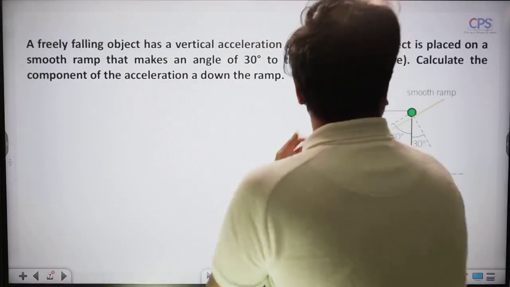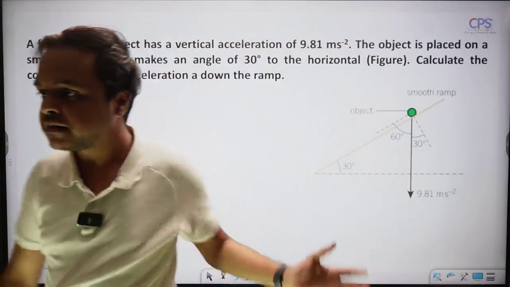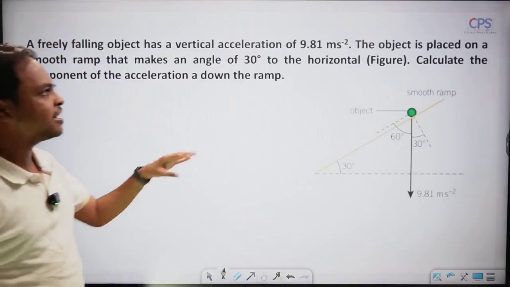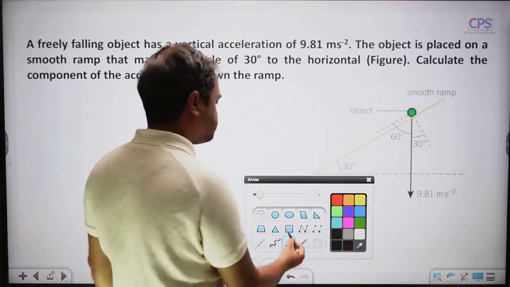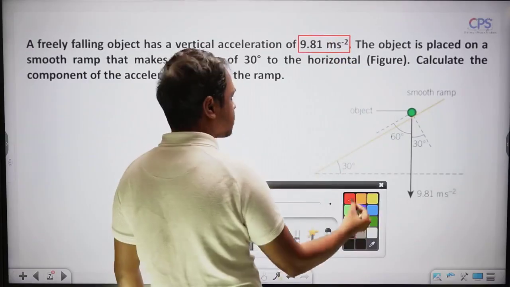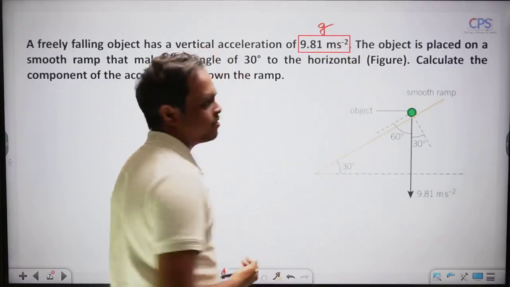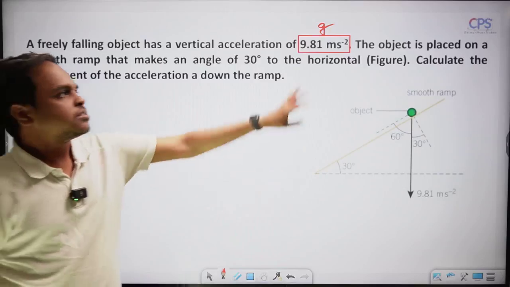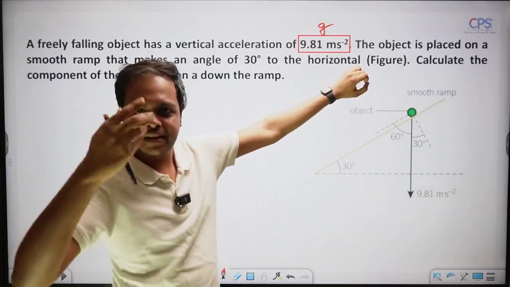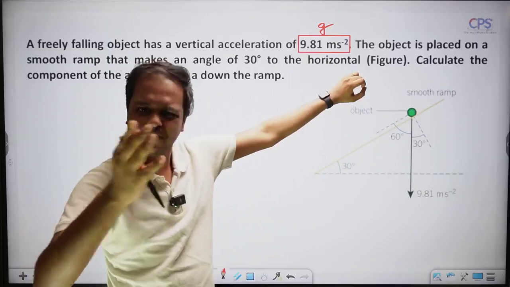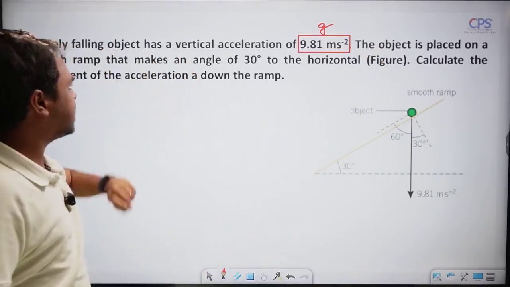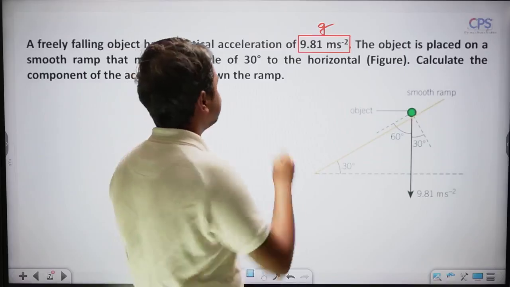This is taken from one of your textbooks. A freely falling object has a vertical acceleration of 9.81 meter per second square. Vertical acceleration means g, okay? So the value of g is given. If it's not given in the examination, you have to know that g is 9.81 meter per second square. The object is placed on a smooth ramp that makes an angle 30 degree